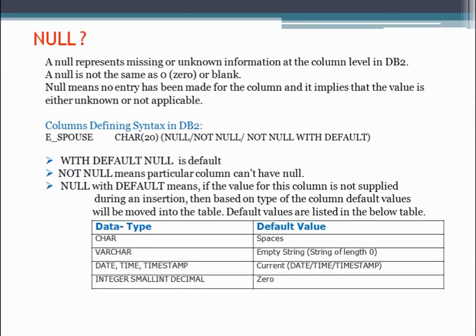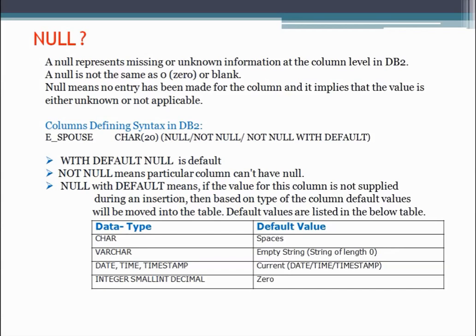Friends, there is a huge difference when your manager says at the beginning of the quarter that you will get promoted by the end of the quarter. It means your promotion status is unknown. It means it's null. But when the quarter end comes, he says that you will not get promoted because you did not stay in office late. In this case, your promotion status is 0 or blank.